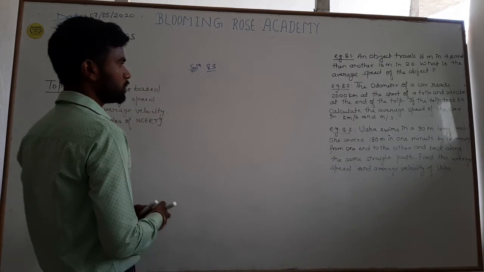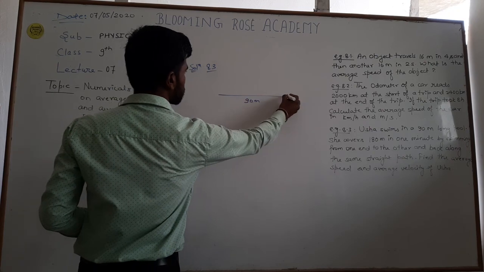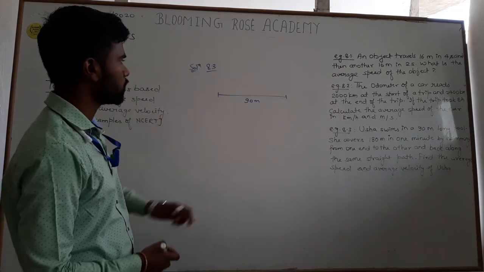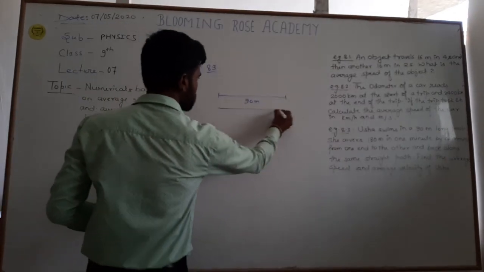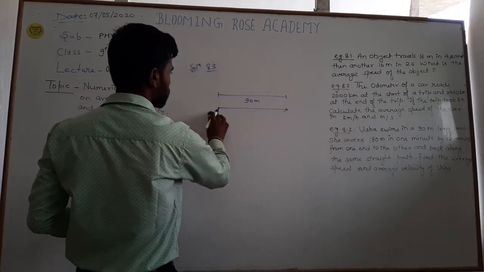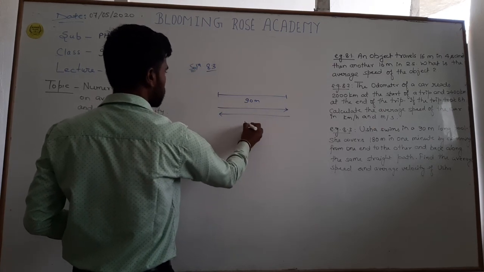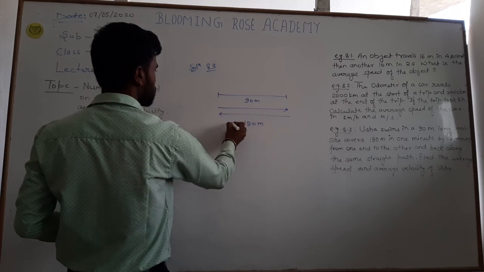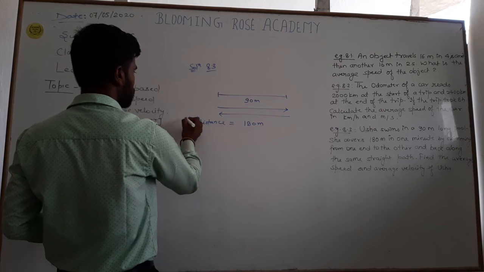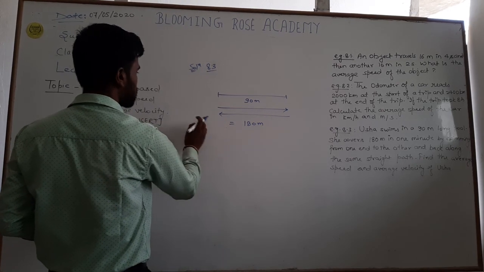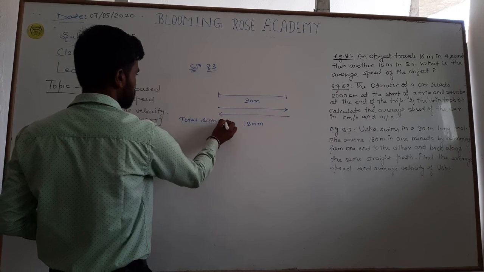So here distance of the pool is 90 meter. Means one time she swims from one end to the other and comes back again. Then it will become 180 meter, which is the total distance covered